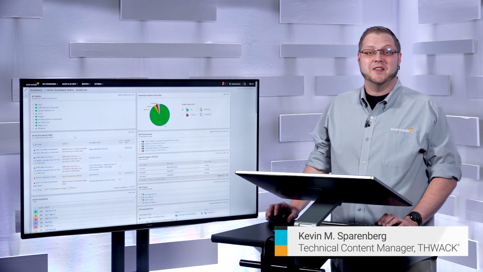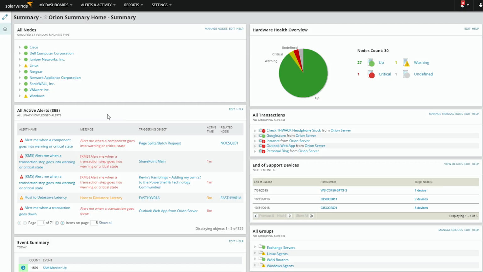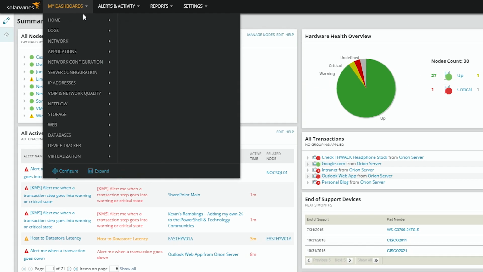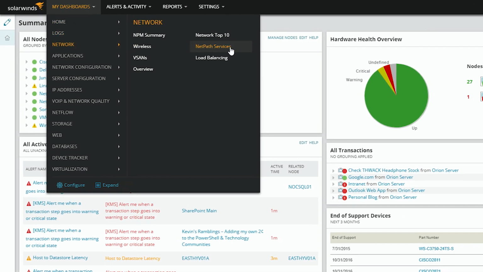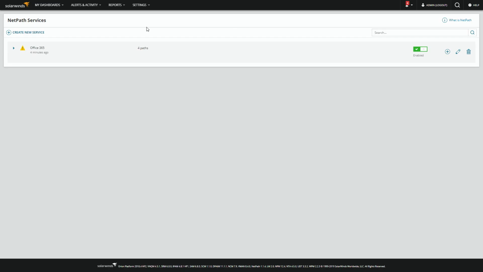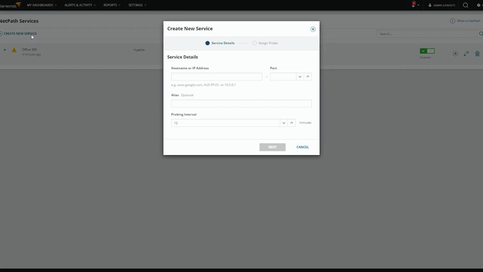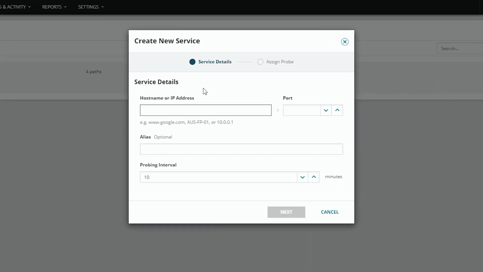Today I'm going to show you how to set up a NetPath service. So from your dashboard, go to Network, NetPath Services, create a new service, give it a target, hostname or IP address, select a TCP port on which you want to do a check, give it an alias if you like,